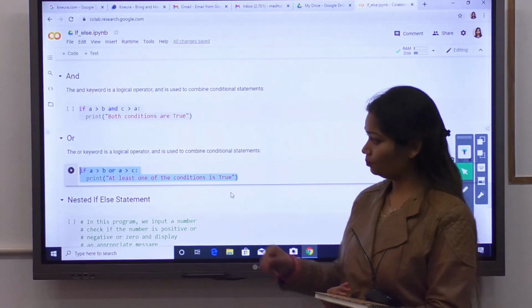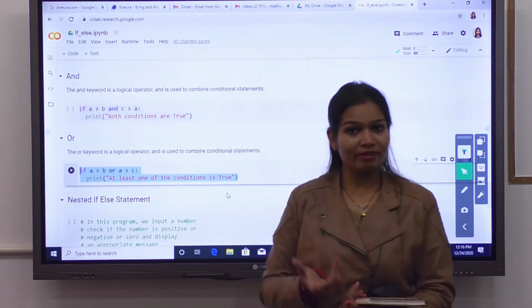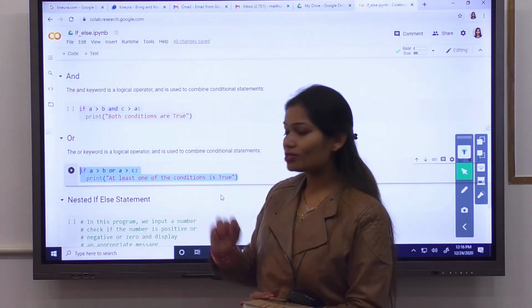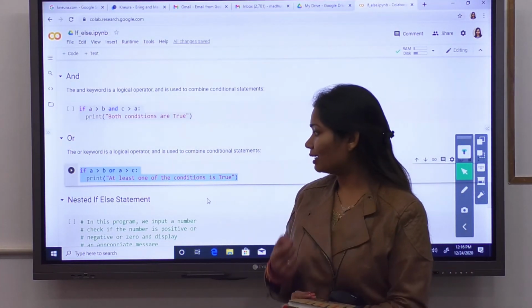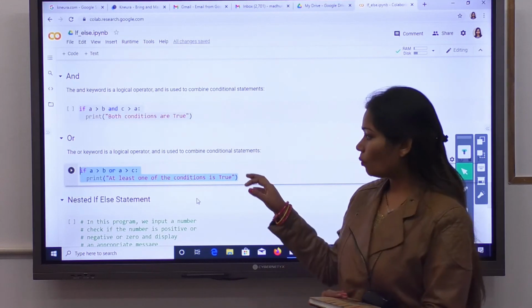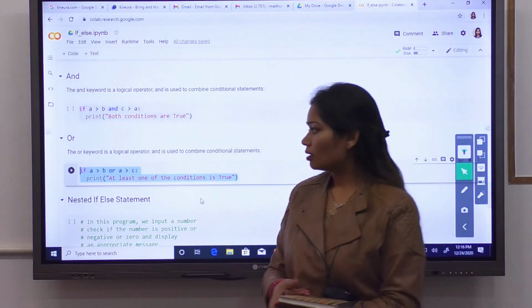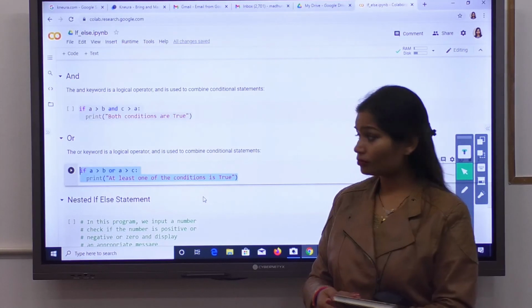If condition 1 is true, the code will execute. If condition 2 is true, the code will execute. So at least one condition should be true for the if condition to become true.